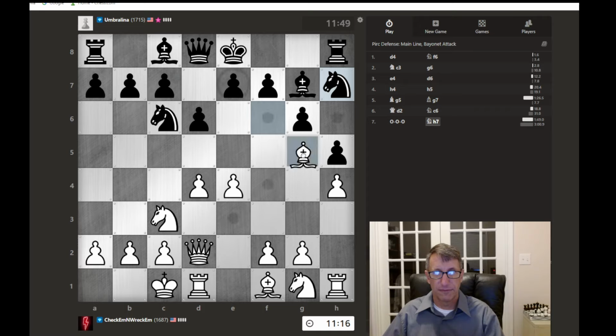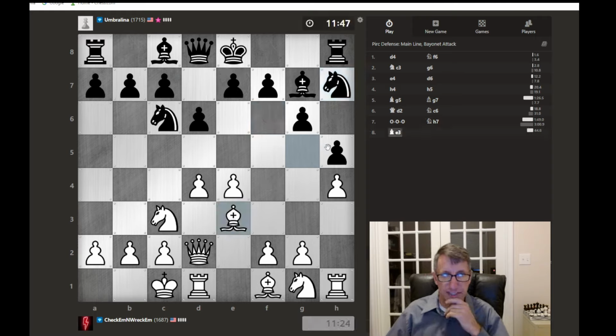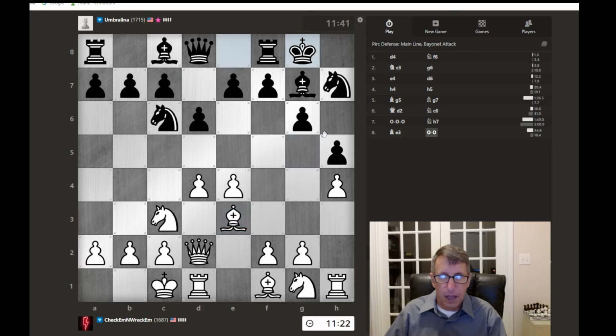All right, so we just drop back with a retreat. And what will he do? Maybe he could try and push this pawn, but then that opens up his king side. And his king is kind of stuck in the center for the moment. Oh, okay. Well, now,